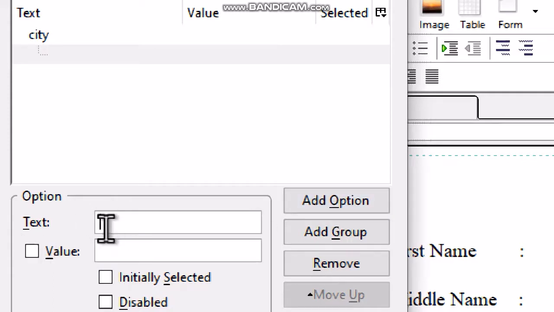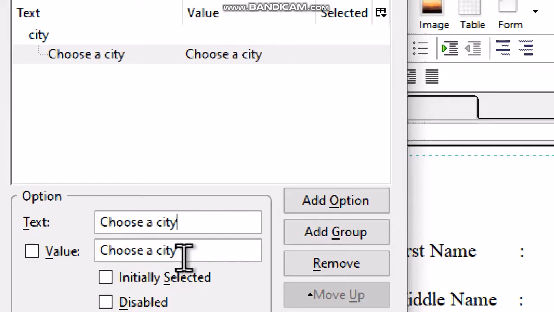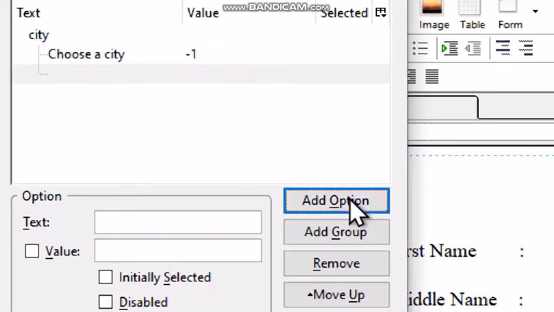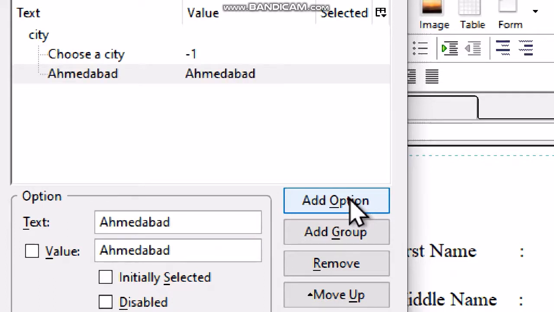We will write the first option as choose a city, give the value of this as -1, add option, Ahmedabad, give the value of this as 1,